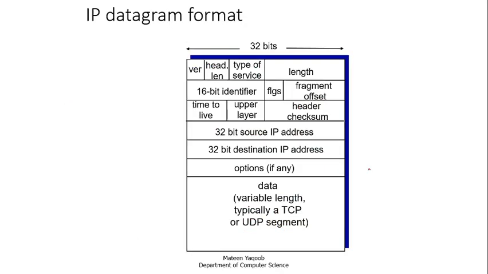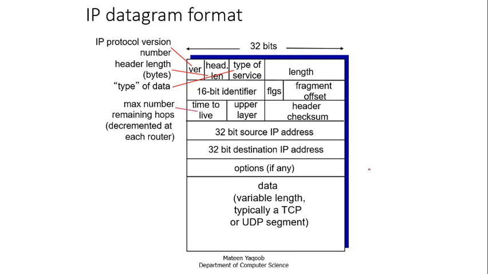So how is the IP datagram format? Let's discuss the IP format. Suppose the version we are using is version 4, which consists of 32 bits. So firstly we have the IP protocol version number to identify which version of IP is being used, whether it is version 4 or version 6. Then the header length will determine the length of the total header, and the type of service will determine the type of data, whether it's video, audio, or some other type of data.